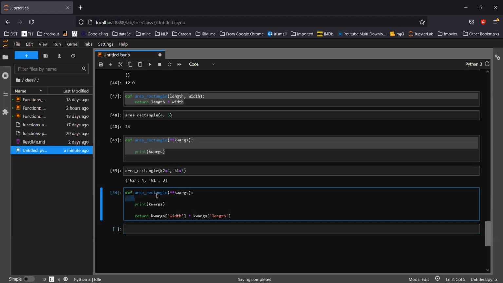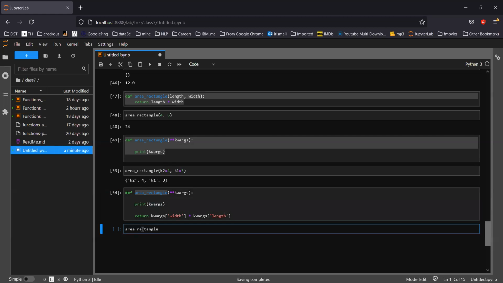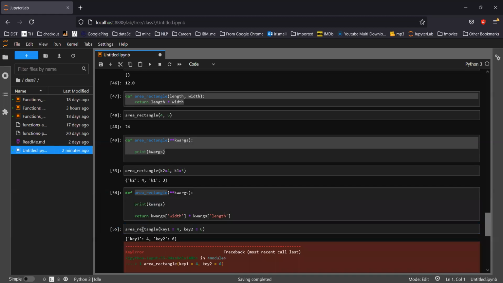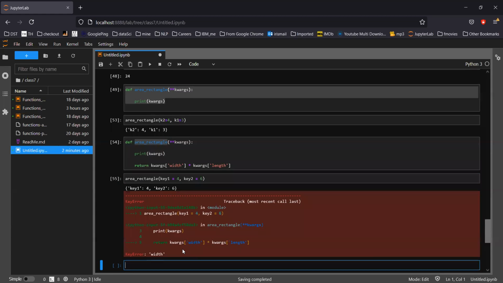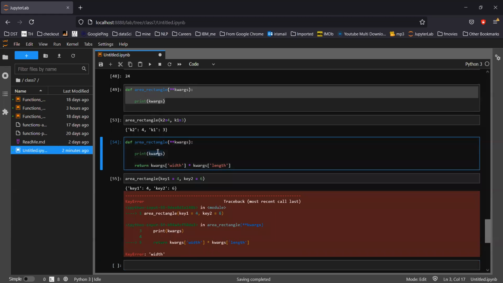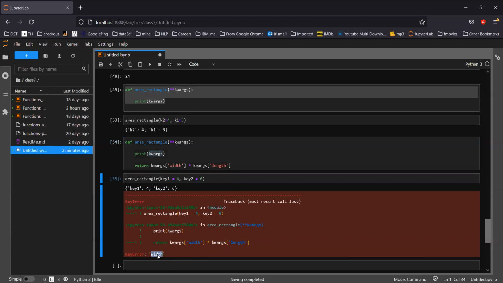So let's do that. First of all, I'm going to throw an error. We have seen if I pass simply K1 and K2, it throws an error. Let me pass Key1 equal to 4, Key2 equal to 6, and run it. It simply prints kwargs, which is Key1 4, Key2 6, but it did not find the key width. Obviously we didn't pass it, so it throws an error.